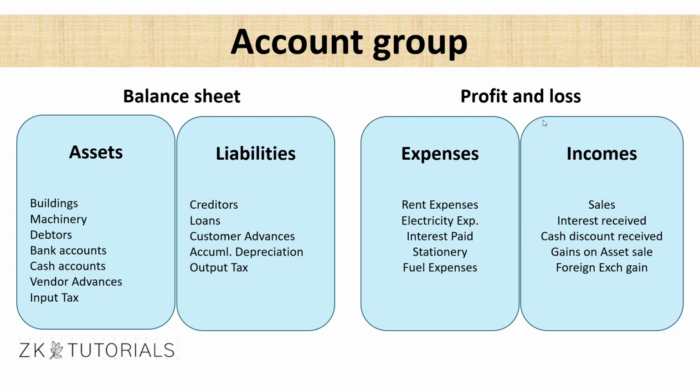And the other financial statement is the profit and loss account. If you can see on the right side of the screen, here in profit and loss account, we will create two account groups. One is for expenses and one is for incomes. All the transactions which are related to expenses, we will create GL accounts for each separate type of transaction. For example, rent expense, we'll create one GL account and post all the rent expense transactions into that GL account. And also the electricity expenses, we will create another GL account for electricity expenses and post all the transactions related